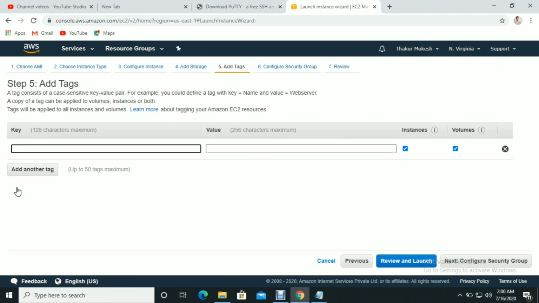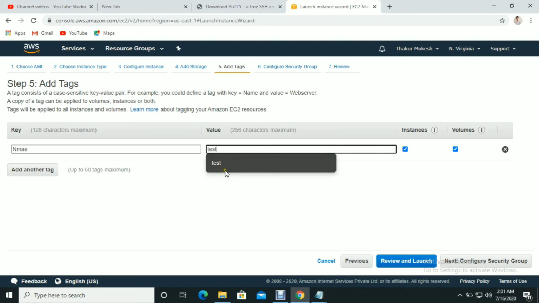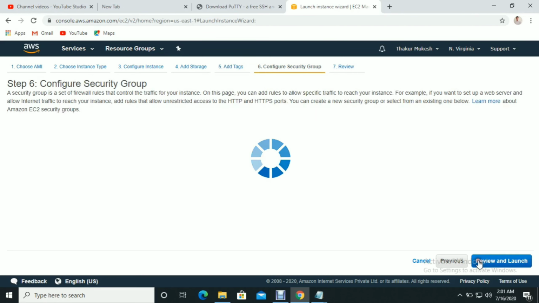I'm going to give Name equal to test machine. If you have an application, you can give app. If you have a DB, you can give DB. As per the requirement, you can tag it. Now next.